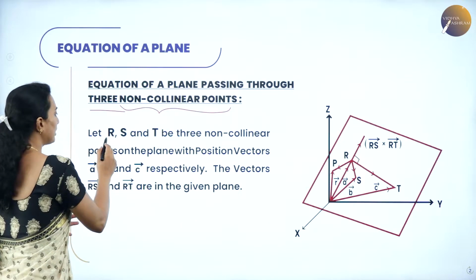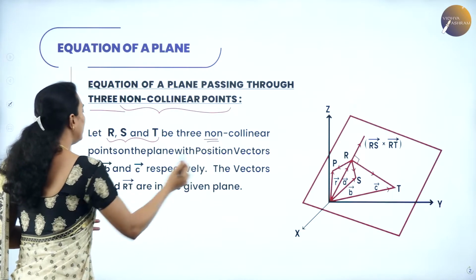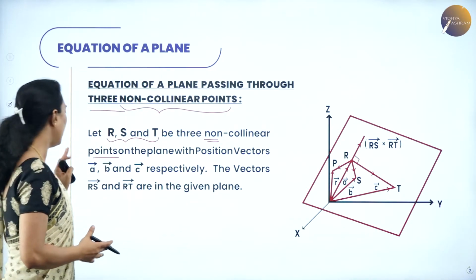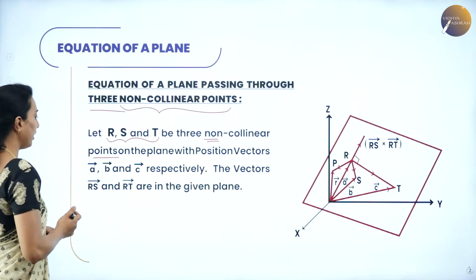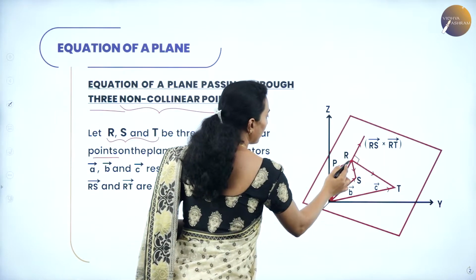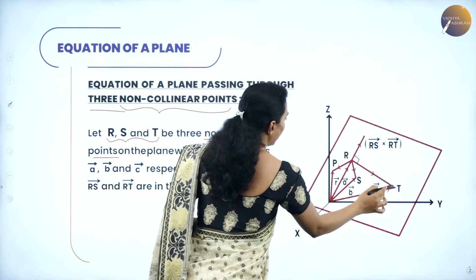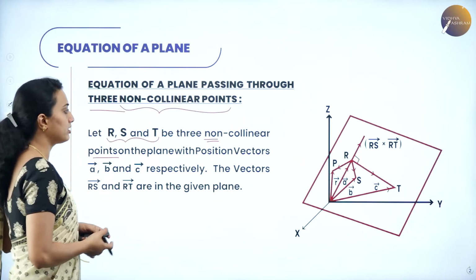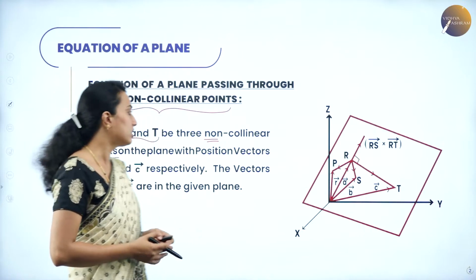Now here, let R, S and T be 3 non-collinear points on the plane with position vectors a vector, b vector and c vector respectively. The vectors RS and RT are in the given plane. Therefore, if RS and RT are in the given plane, then we can have that,